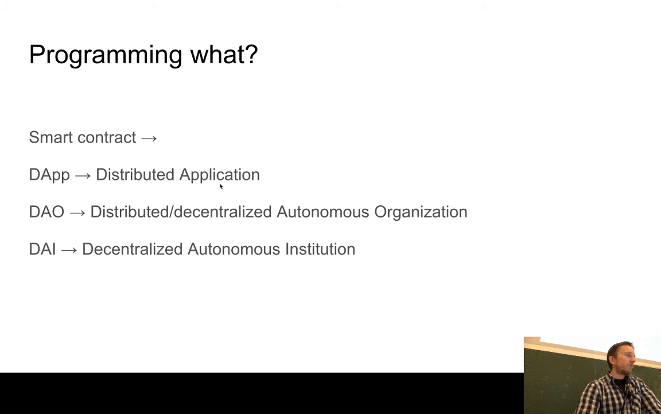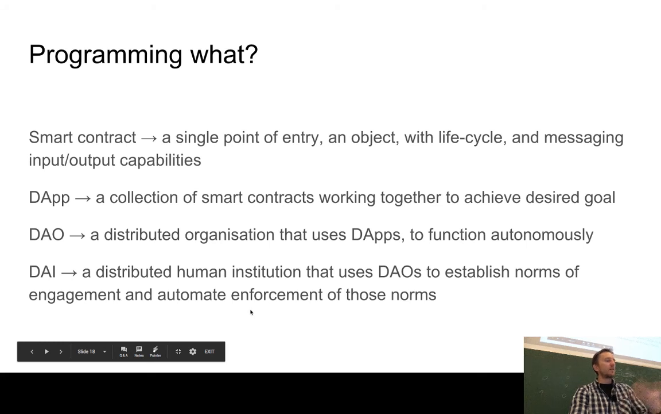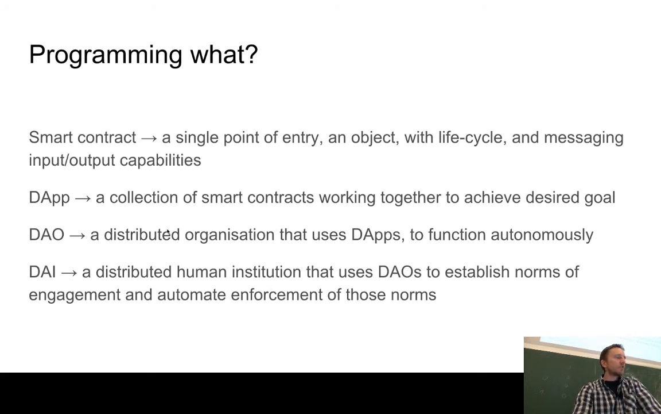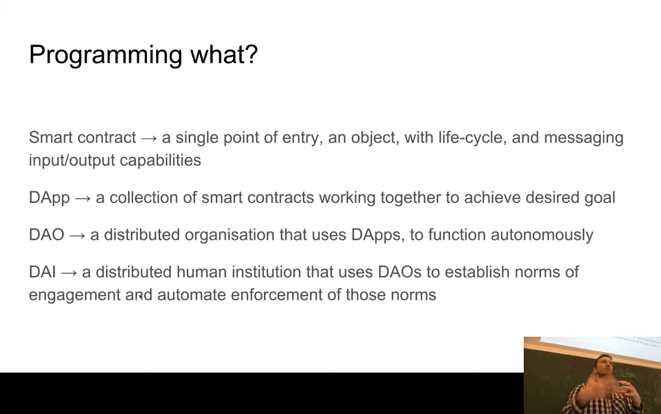And then if you scale it even further, you have something which is like a distributed institution, which uses multiple distributed organizations to establish norms and engagement and automate enforcement of those norms, right? So this is still in a digital domain. Here we are crossing into something that humans use for achieving different things than the digital realm allows. And then a smart contract is a single point of entry, like an object or a class,